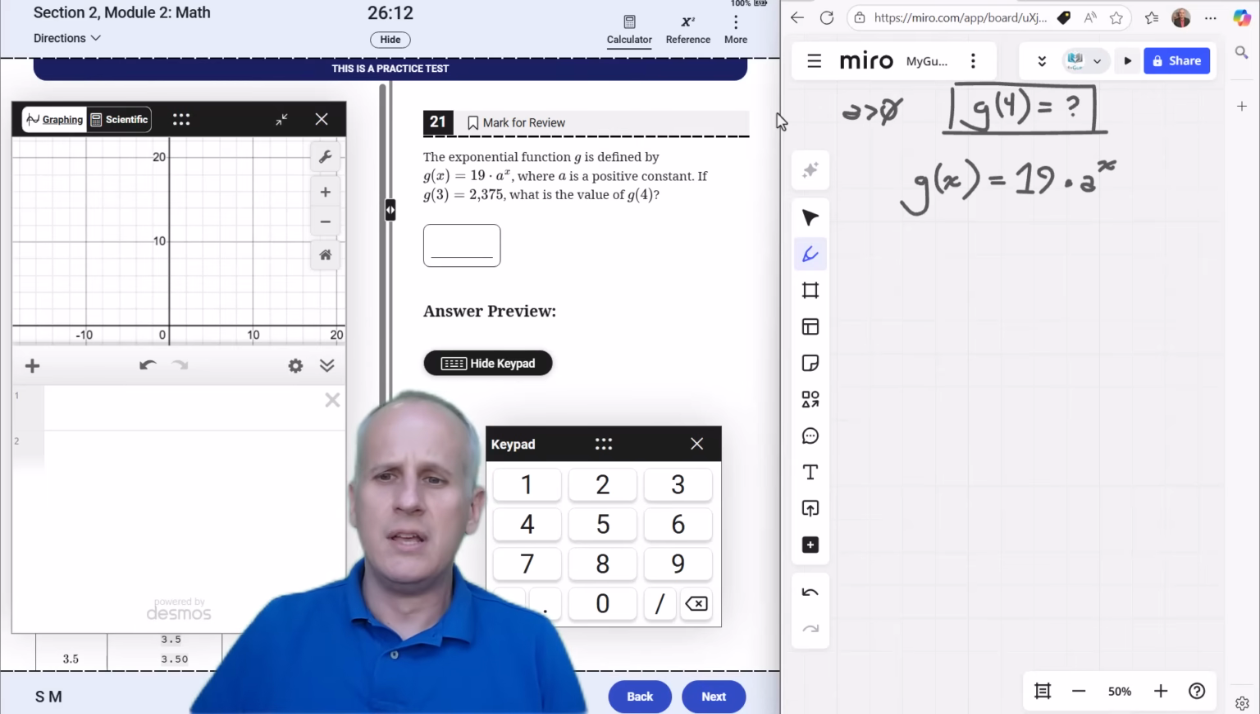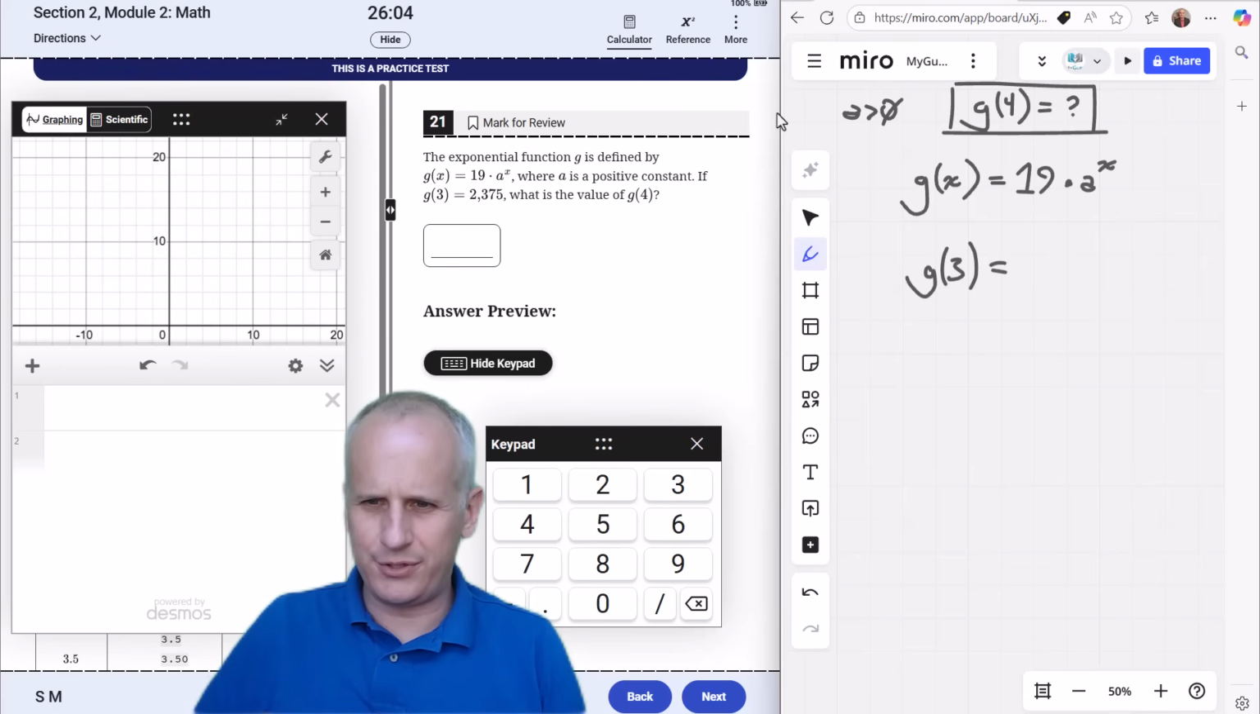No, it can't be a negative. So g of 3 is equal to 2375. Okay, so that means g, when we plug in at 3, is equal to 2375. So that means that